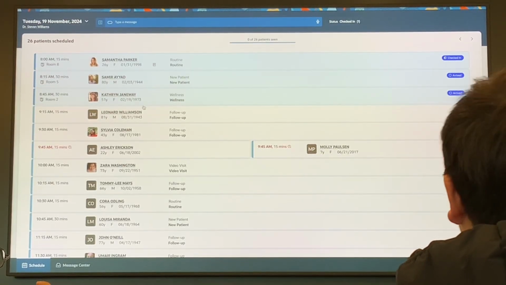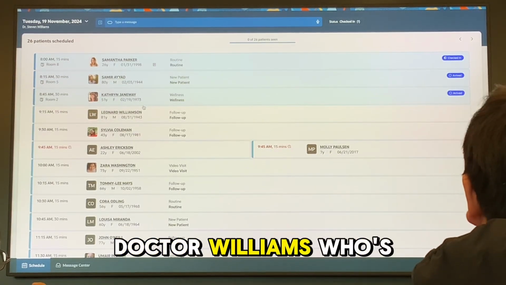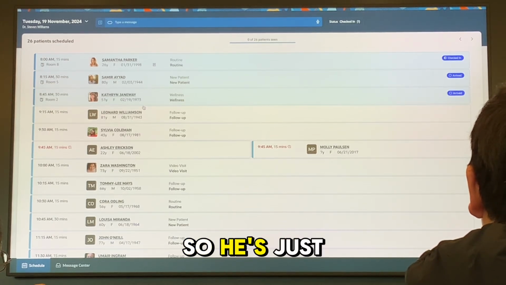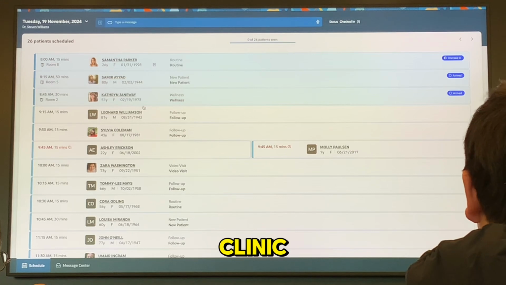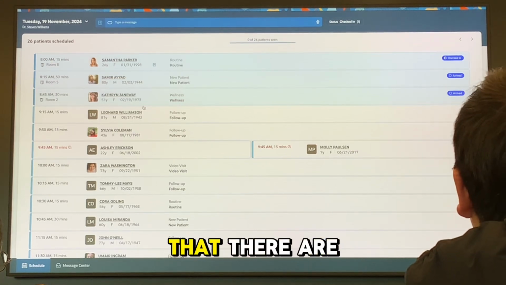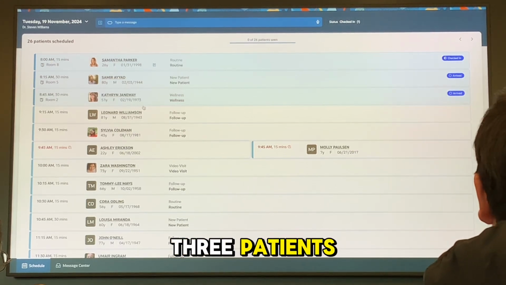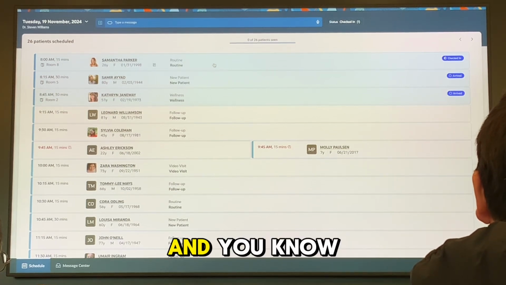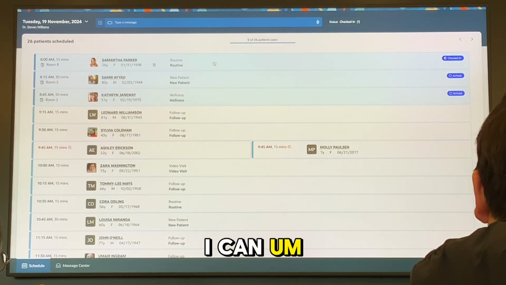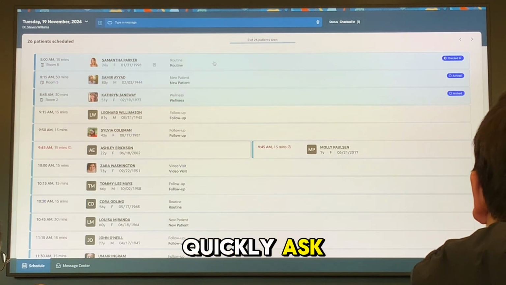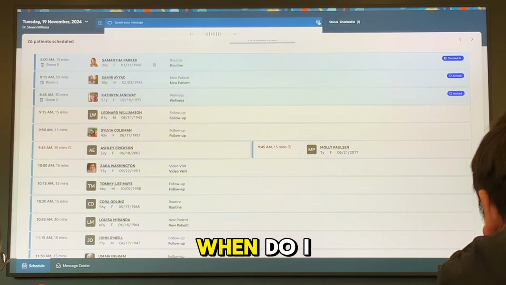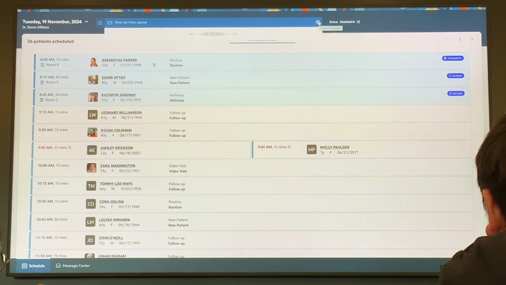Essentially, this is the experience of Dr. Williams, who's a PCP. He's providing primary care, so he's just got into his clinic, and he's seeing that there are 3 patients. 2 of them just arrived, 1 of them checked in, and I can quickly ask,